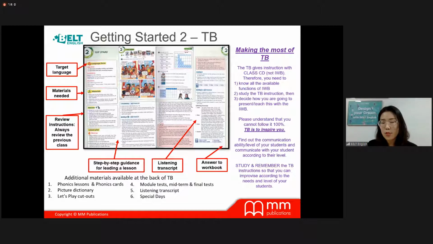Those questions have been carefully designed to help students interact, meaning the questions are designed so that they can understand you. It's with the target language structure they have learned previously. Okay, so please take a look at it and study it,